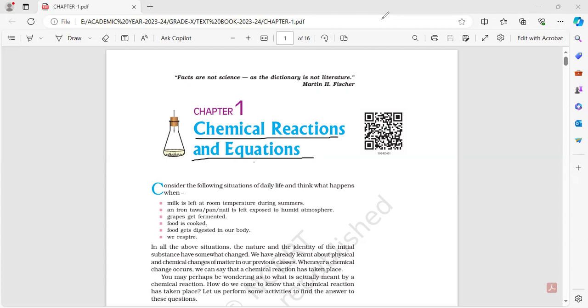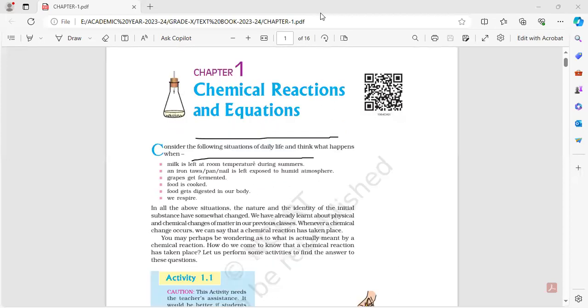Okay, so I'll explain in detail each and every line, because in CBSE it is very important to study each and every line, because the question can be framed in any manner from the textbook. So thorough reading of the textbook and knowledge of every topic is very important in CBSE. Okay, grade 10 science. Now, first one, if you see here,